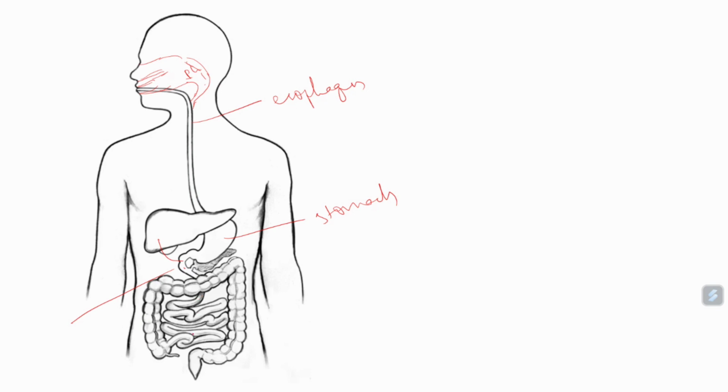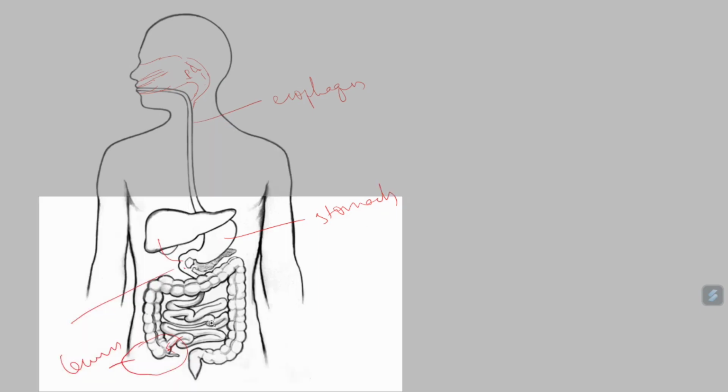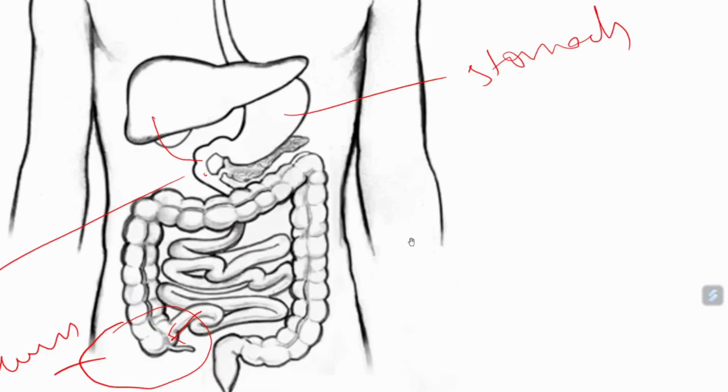From the small intestine, you can see here, the small intestine at the end is entering into the large intestine. The area where the small intestine attaches to the large intestine is called the cecum. Okay, cecum. And here we have